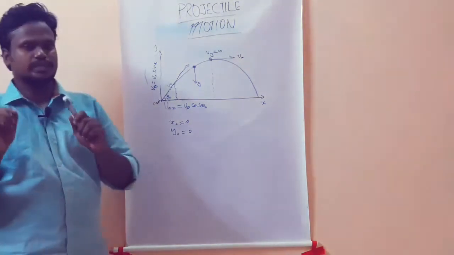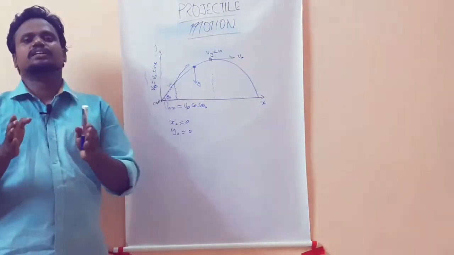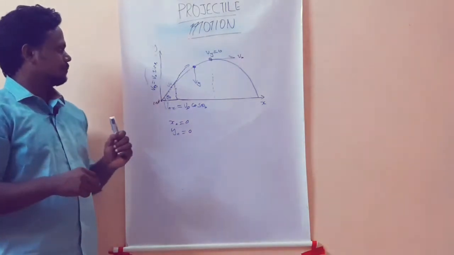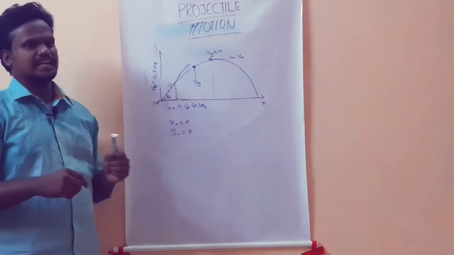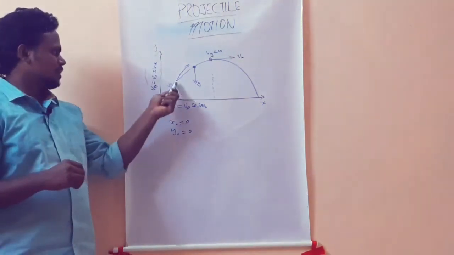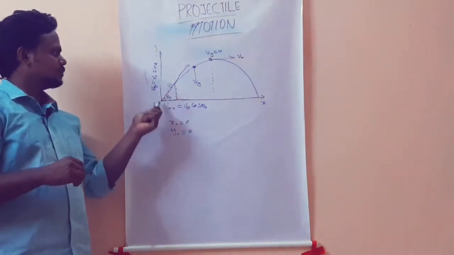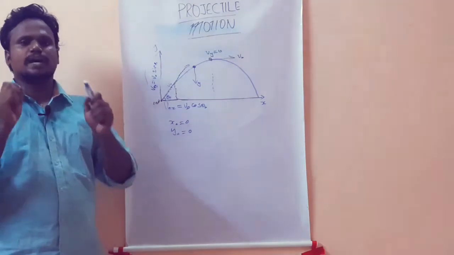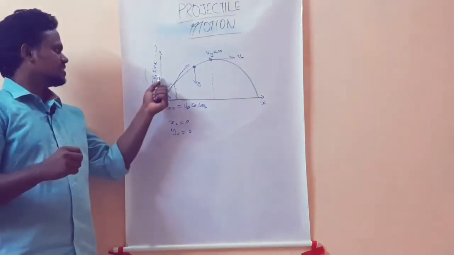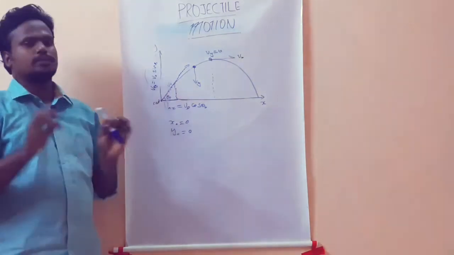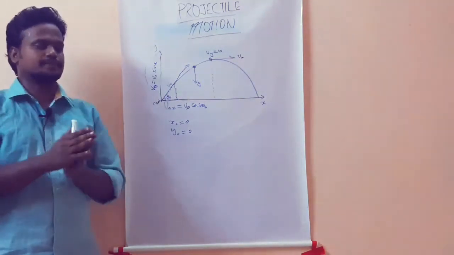Now we are going to find the y component of velocity. The y component of velocity is given by hypotenuse into sin theta naught, since sin theta equal to opposite by hypotenuse. This is the opposite side. If we find this length, it will be equal to this length. So opposite equal to hypotenuse into sin theta. The hypotenuse is v naught, so it is v naught into sin theta. This gives the y component of velocity along the y-axis.